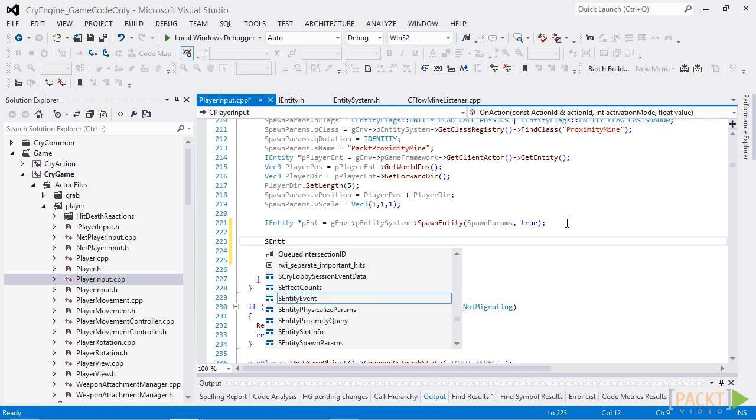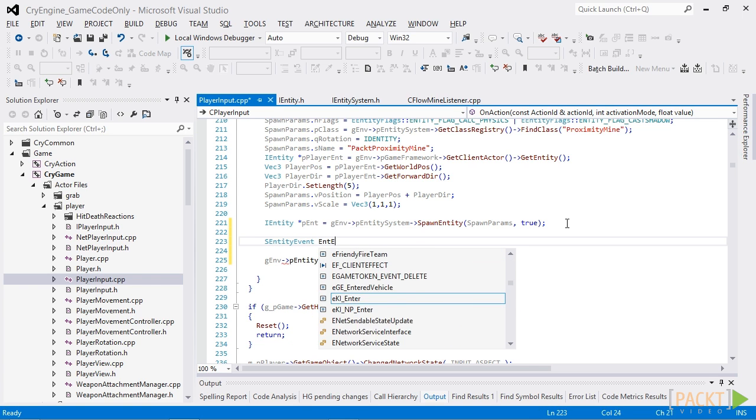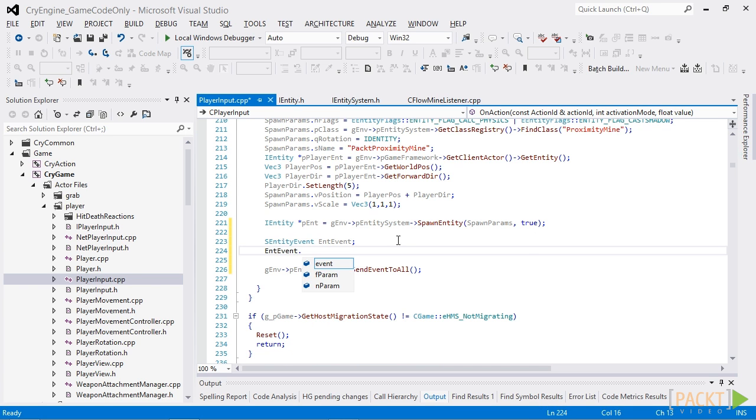S entity event, ent event. Beautiful. Ent event dot. See, we have a float array that holds 2 floats and an int array that holds 4 ints. You can pass anything into these values. That's why it's very important. They're not very descriptive here. So adding our description onto our entity event enum allows us to understand what these parameters mean in runtime here. So the entity event we want to send equals